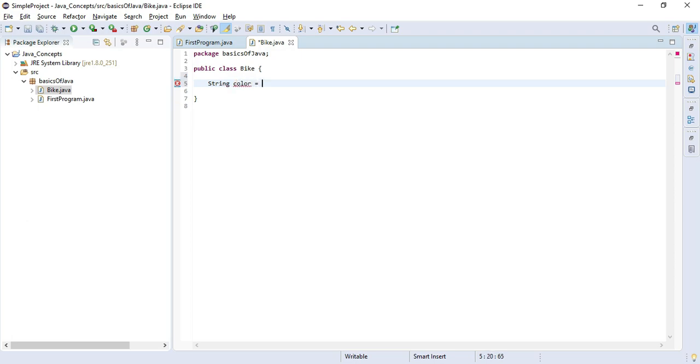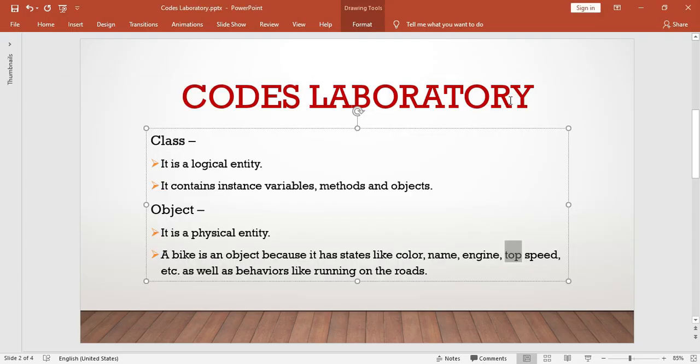The string color should be black and top speed should be 200. Engine size should be like 250 cc. And what was else?